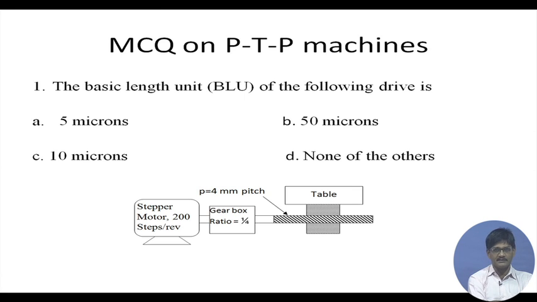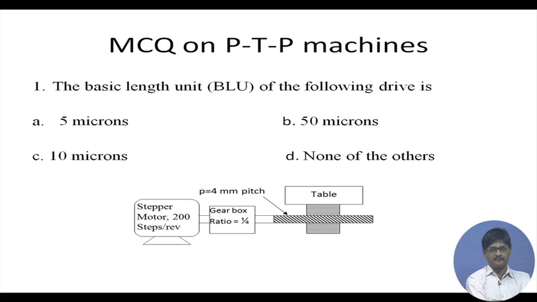In this case, the stepper motor receives pulses, and corresponding to each pulse it will carry out a definite amount of motion. So, for this system, the basic length unit is that small amount of movement which the stepper motor will execute for one pulse of voltage given to it. Since one pulse results in one step of motion, let us find out how much this one step of motion will